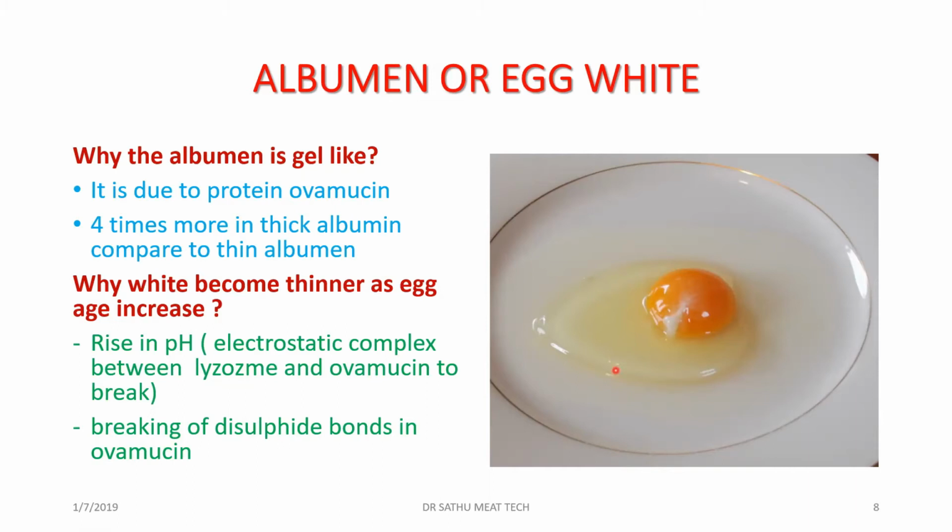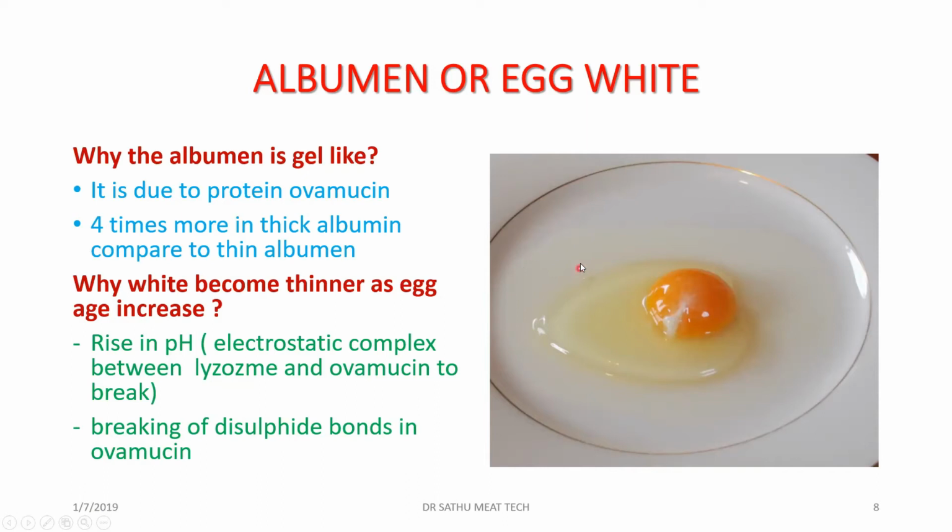We know the other protein, lysozyme. So an ovomucin-lysozyme complex will be formed. The variation in the thick and the thin is because of the concentration of the ovomucin. The ovomucin is the one which gives the gel structure. So here the concentration of the ovomucin is more compared to this albumin. So this is a thick albumin, which is also called